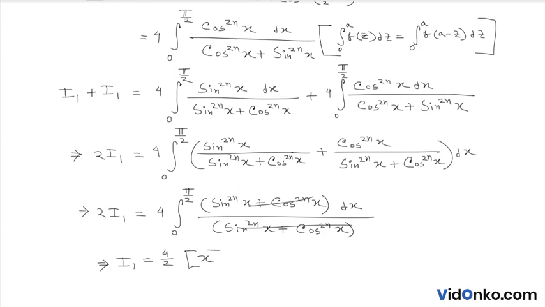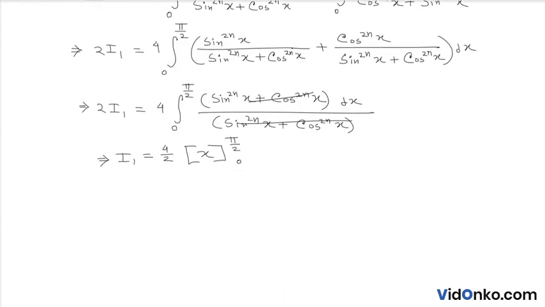তাহলে I1 equal to 4 by 2 x from 0 to π by 2, যেহেতু ক্যান্সেল আউট হয়ে যাচ্ছে, 1 এর ইন্টিগ্রেশন হয় x। তাহলে I1 equal to 2 into (π/2 − 0), অর্থাৎ I1 equal to 2 into π by 2, তাহলে I1 equal to π। সুতরাং I equal to π into I1 equal to π into π equal to π²। এটিই আমাদের এখানে প্রমাণ করতে দেওয়া হয়েছিল। সো এটি হলো আমাদের অ্যান্সার। থ্যাংক ইউ।